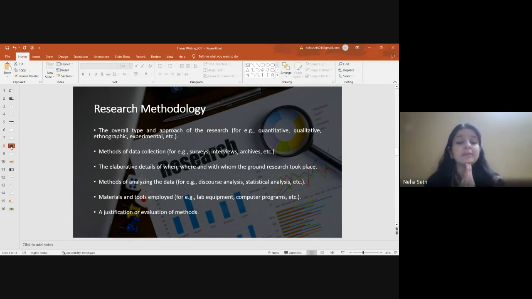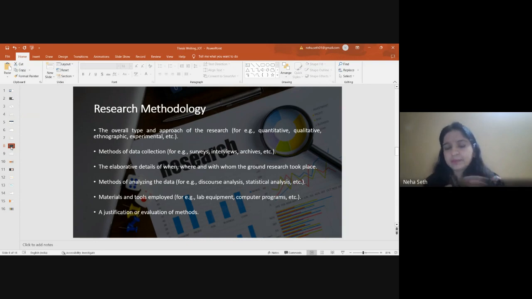Then the methods of analyzing the data. So far you have mentioned how and from where your data is collected. The next thing is to analyze the data. For data analysis, what tools, how you are analyzing the data, and what kind of analysis you will be using should be very clear. Is it just a statistical analysis or some basic analysis, or will it be a time series analysis? Whatever analysis you will be using should be mentioned in this chapter, along with the tools that you have used for the purpose of analysis, like what software you are using.